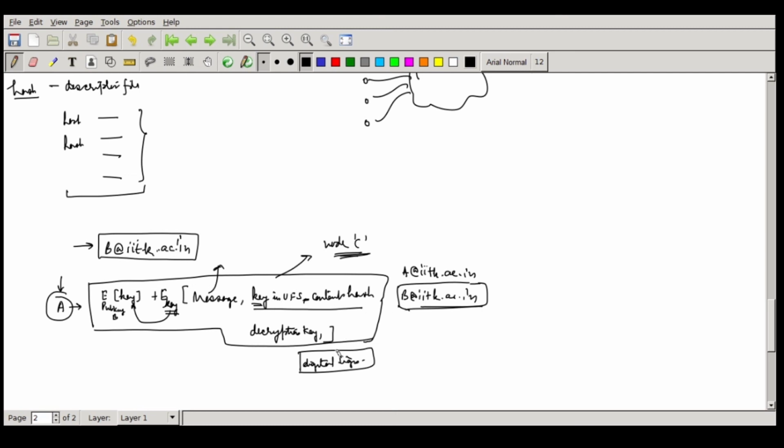From the public key of A, B can verify that this message has not been tampered with. If the message has been correctly received, it can open it up and read it. That's the way the messages pass from one to another, and nobody will be able to figure out in between what the content of that message is.